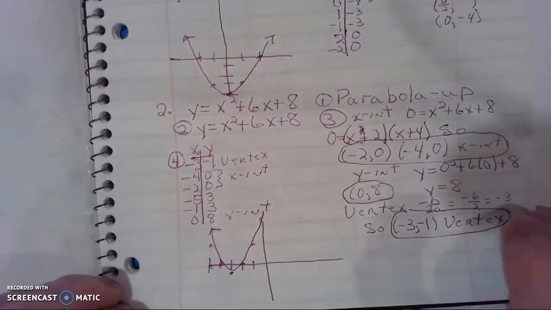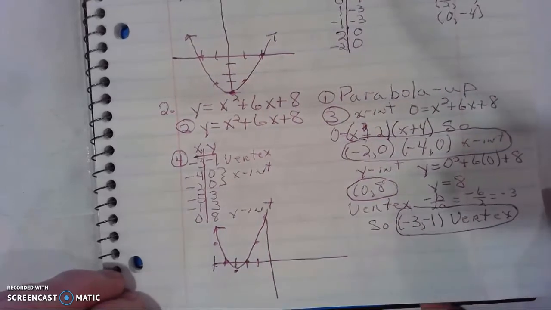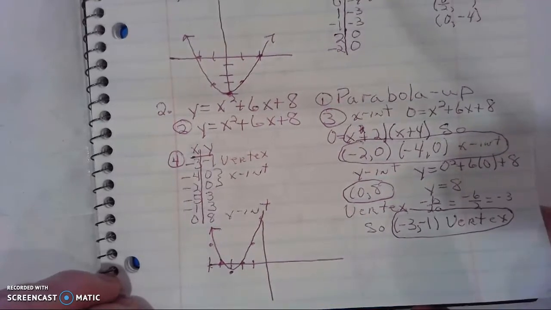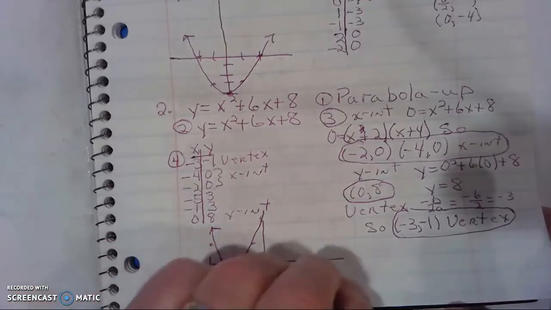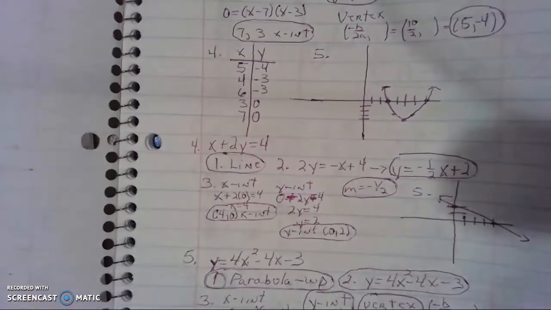Second one, y equals x squared plus 6x plus 8. Notice everything. Notice all the work I went through to tell you how to do this. Okay, remember you can pause this and look at this. Number 3,